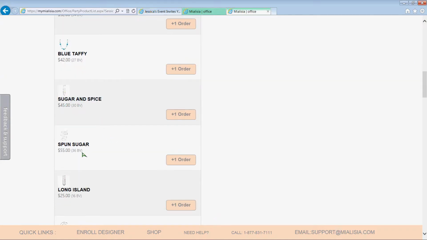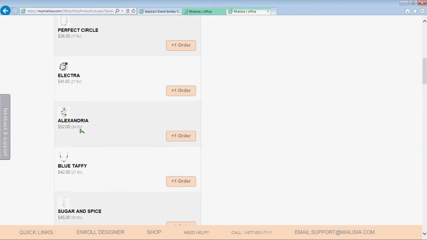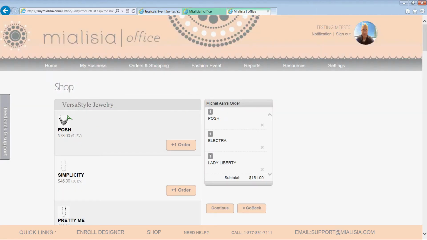I know that these pictures are a little bit small, and we are working on fixing that. A lot of the pictures have been fixed in the shopping cart for your actual back office for inventory orders, and we're kind of getting to this as well. Hopefully the people who are placing these orders will have already seen the piece of jewelry, so they know what it is that they want. So it's not as important that these are super visible. So we'll click Continue,